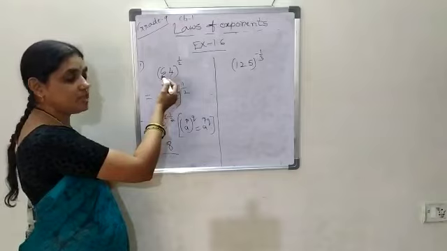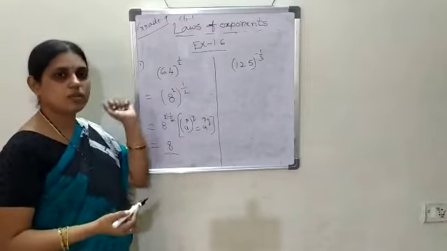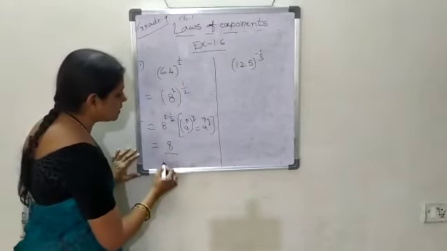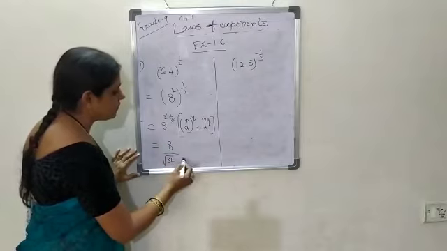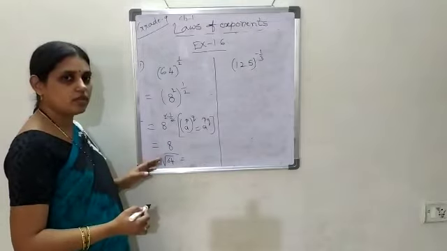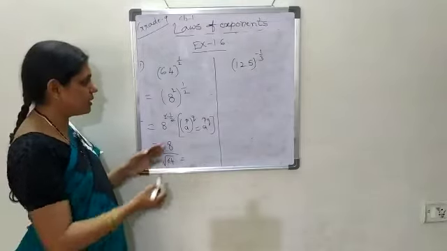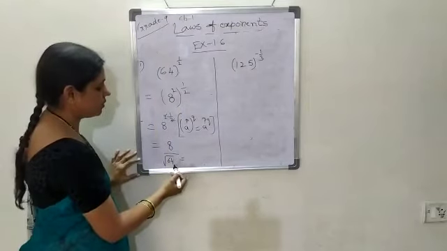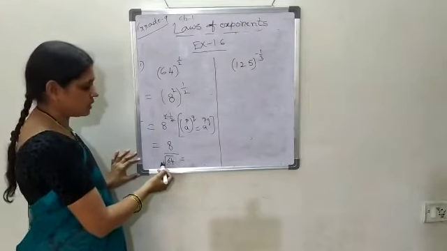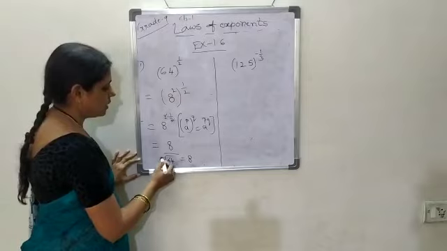Actually, already we discussed this. 64 to the power 1 by 2 is nothing but square root of 64, isn't it? This is square root of 64. Without using the radical sign, when we write it, it will be the same, 64 to the power 1 by 2 only. And already we know that root 64 equal to 8.